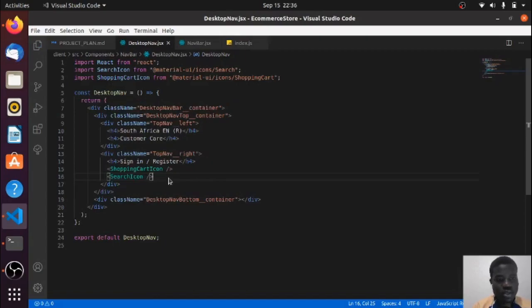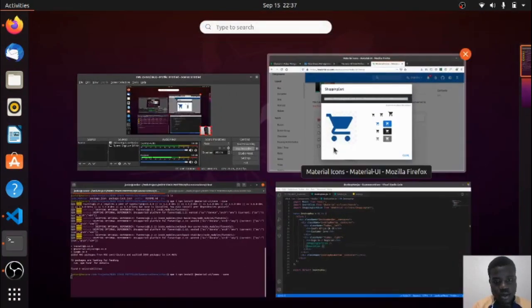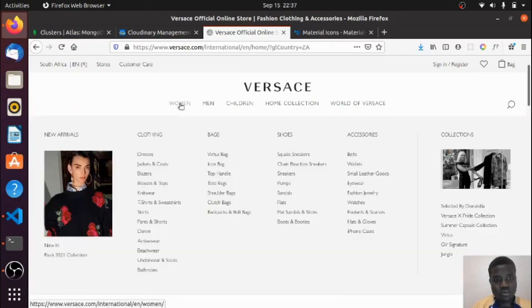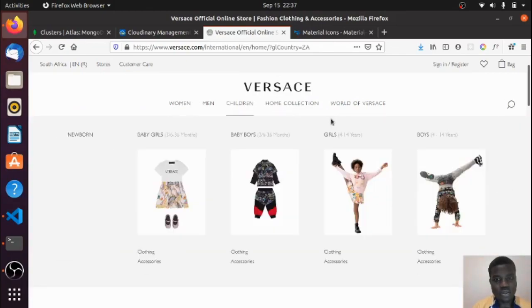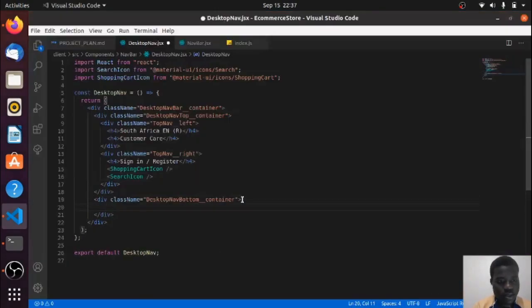So we have all those things at the top, and let's install the icons. Just erase that, then you need to put icons. While that is loading, let's continue. So here we have inserted everything, so now we just need to deal with this part. We'll be having women, men and children clothing, that's all, nothing more, nothing less. Let's set this up. So in here we need the bottom, top. I know that sounds weird, but we'll say bottom nav top